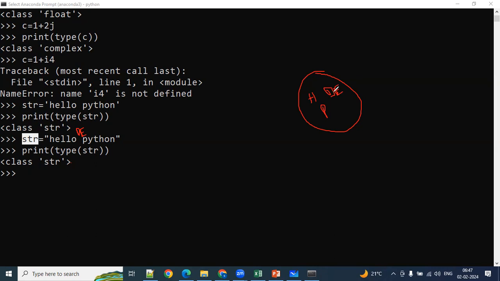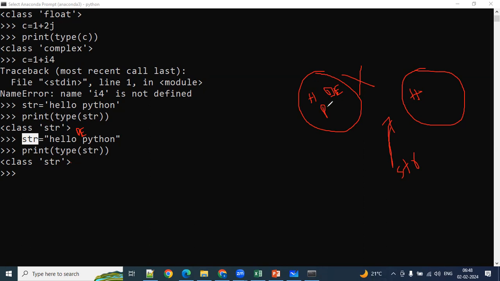It will create the other one. Strings are immutable. It is going to discard this particular object in the backend, and it is going to create one more object to point that particular memory location again. This memory location we are going to point with the str. Inside this one again, hello DE Python will be stored. When you reassign that one, the backend object will be destroyed. Okay, it will not overwrite. Objects are immutable. Okay, that is what I wanted to tell you here.